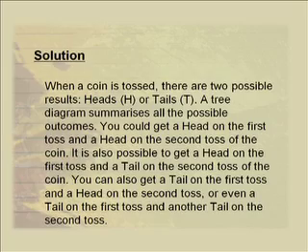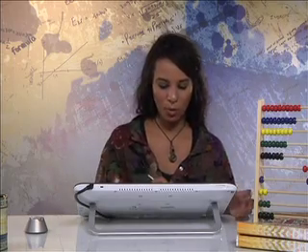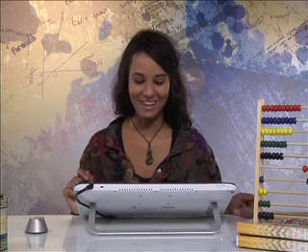When a coin is tossed, there are two possible outcomes, all right? We have heads or tails. Now, a tree diagram can summarize all of these possible outcomes. You could get a head on the first toss and a head on the second toss. You could get a head on the first toss and a tails on the second toss. You could also get a tails on the first toss and a head on the second toss, or tails on both tosses. So a tree diagram sums up all the possibilities or the probabilities,